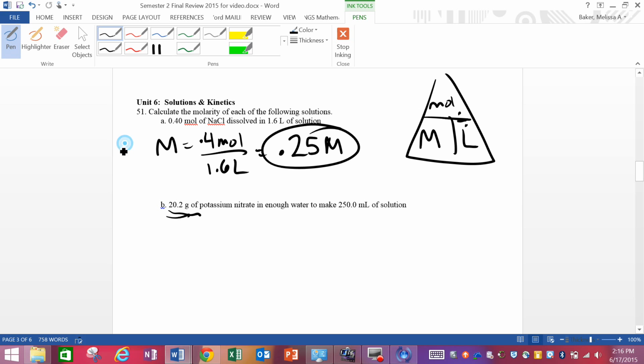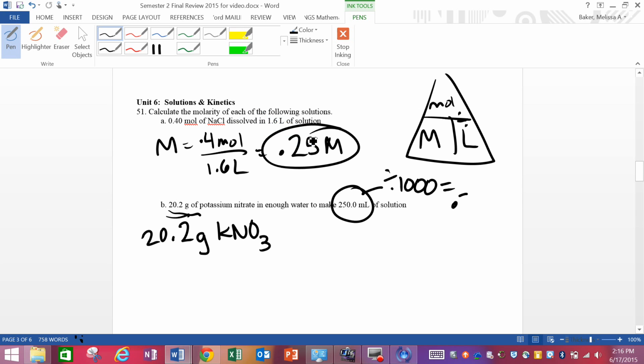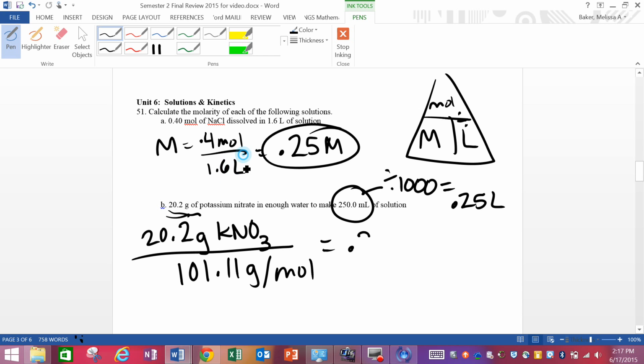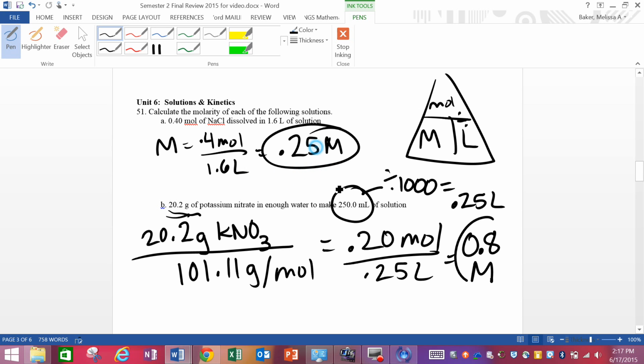For the second one, it's not so easy because it gives you how many grams of potassium nitrate you're dissolving in water, and it doesn't tell you liters either. It gives you milliliters, so we've got to divide by 1,000. So let's divide KNO3 by its molar mass. So I added up 1K, 1N, and 3 oxygens, and it adds to 101.11 grams per mole. So we're talking about 0.2 moles that we're putting in the 0.25 liters. That comes out to be a concentration of 0.8 molar. That's the end of page